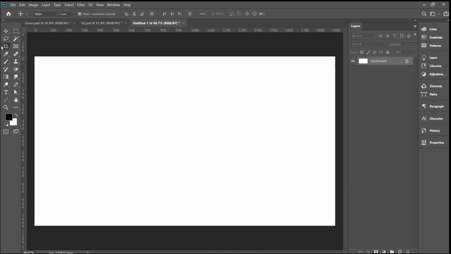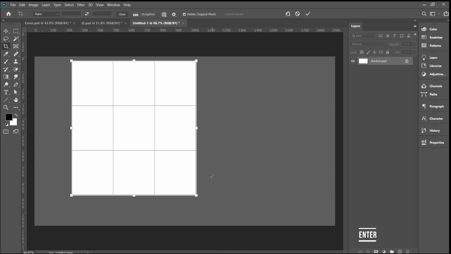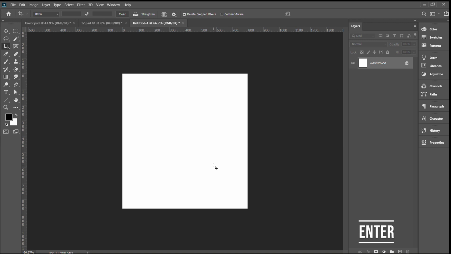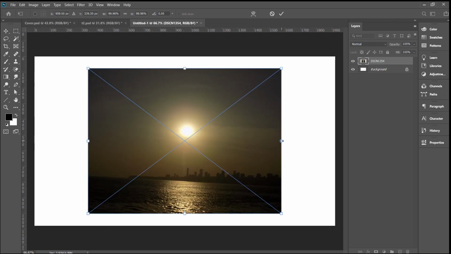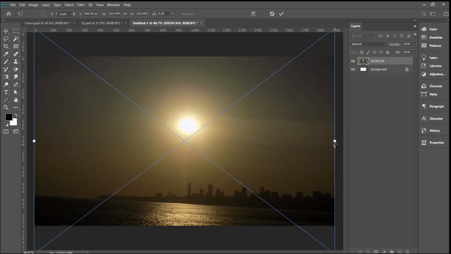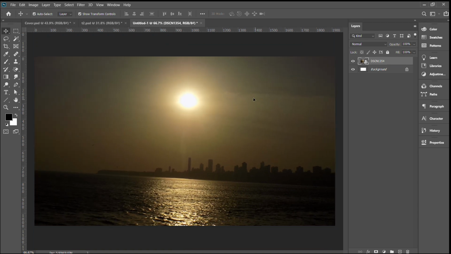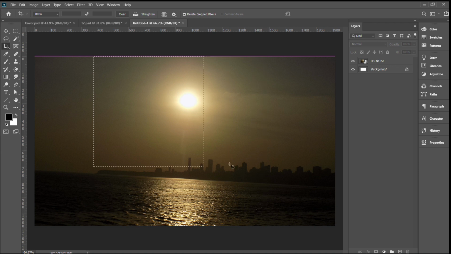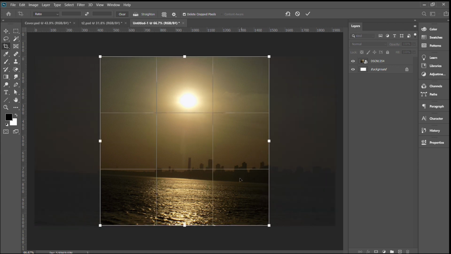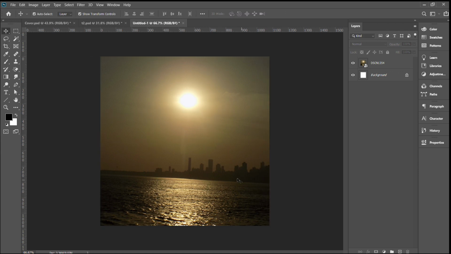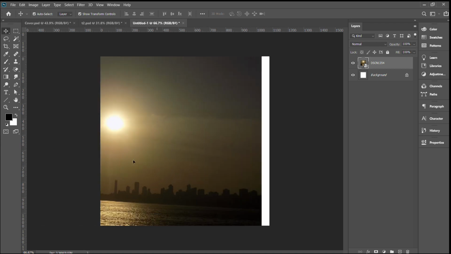Let's open a new file to illustrate the effect of crop tool on canvas. So you can see the canvas is cropped. I import a sample image to illustrate something we call a smart object. A smart object is a file linked with the original file. So let's use crop tool first. I make a selection using crop tool and crop the canvas. You will observe that the image is preserved. It's not cropped with the canvas.